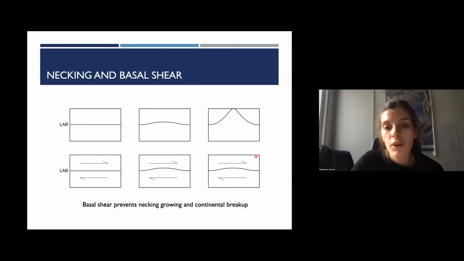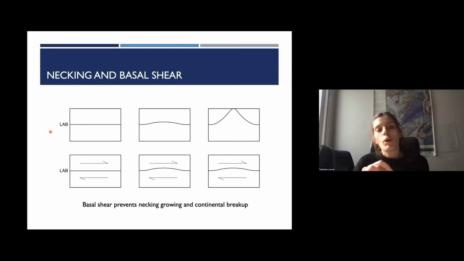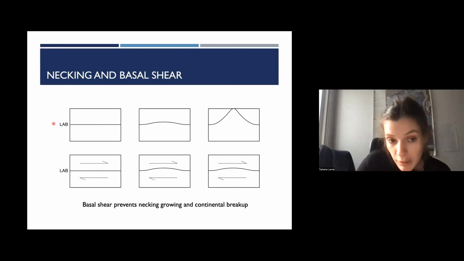I made this cartoon to explain it a little more. The first line corresponds to the simulation where the convergence velocity is applied to the upper plate. In this case, there is no velocity gradient between the lower plate and the asthenospheric mantle below it. So when the slab tip reaches the mantle phase transition, we observe a necking that grows and finally a continental breakup.